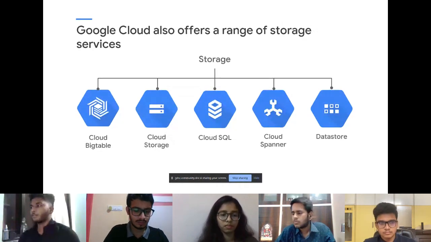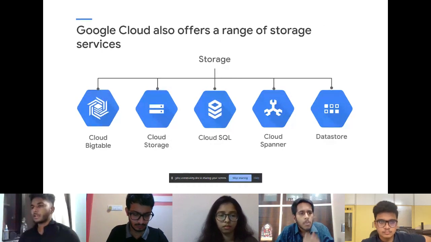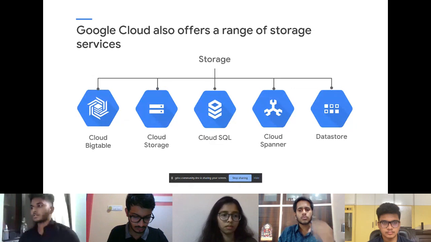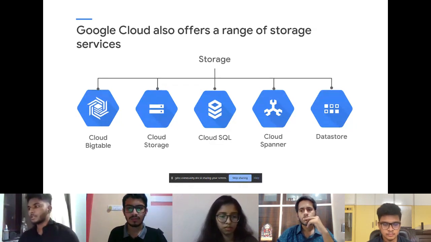A variety of managed storage options are available as well. For unstructured storage, there's Cloud Storage. For managed relational databases, there's Cloud SQL or Cloud Spanner, and for NoSQL, there are options like Datastore or